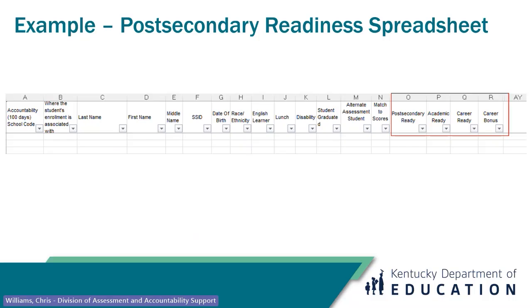Was there a career bonus given for the high demand area with an industry cert, and then your 100-day accountability? You'll see all of that information on those spreadsheets, but you also want to specifically look for post-secondary readiness columns O through R, because they're going to help you with your work.